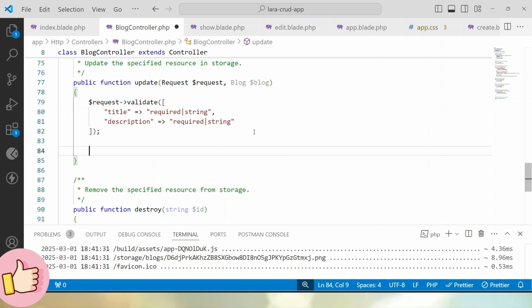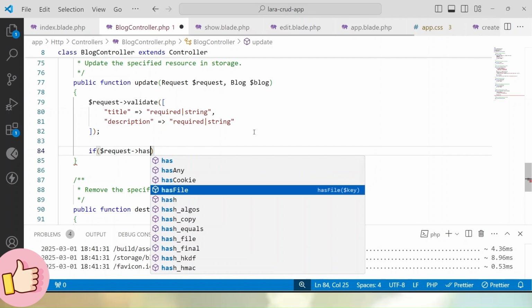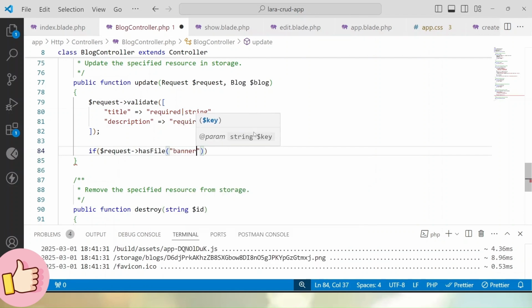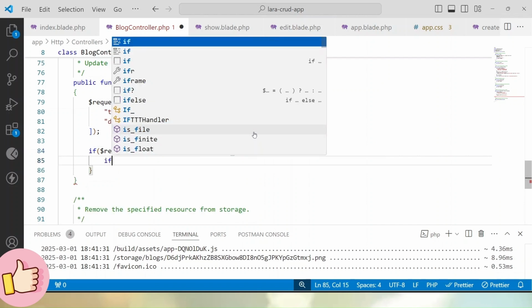So here we have to collect the form data, then we have to update the existing information inside our database. But one more thing, suppose we have uploaded an updated banner image, we have to check if a banner image exists, then we have to delete our old banner image first from the disk, from the database, then we have to re-upload our new banner image. So here, let's say if the request object has a file, first we have to check if we have uploaded any new banner image. So in that case, what we'll do is,